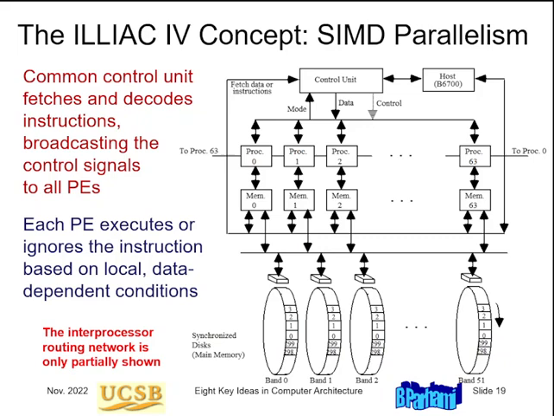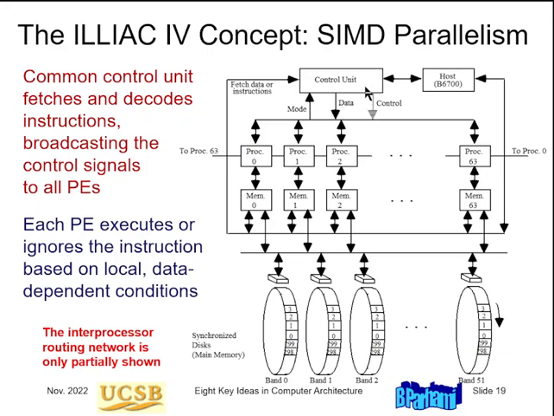The first real parallel processor in the modern sense was the ILLIAC IV computer, designed at the University of Illinois. So the name ILLIAC comes from Illinois. It was an SIMD, single instruction multiple data parallel processor, which means that it had a single control unit that controlled a bunch of processors that would run synchronously.